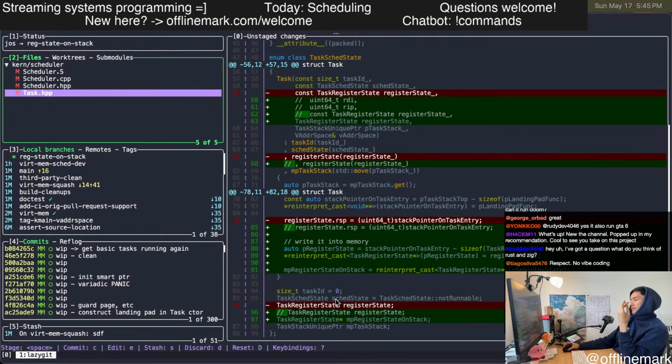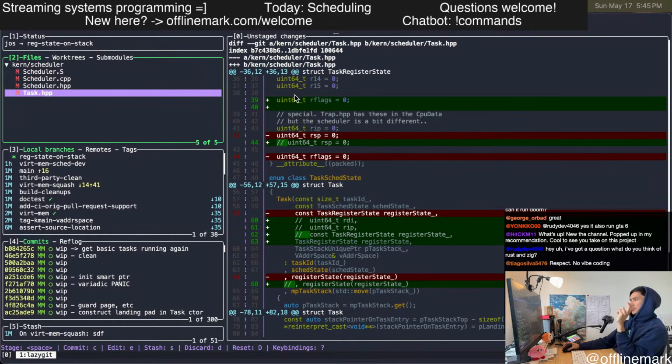We swap out the object layout. We're no longer storing the state, but we're storing a pointer to it on the stack. We write the register state into memory and then set this thing to point to it. We subtly tweak the struct layout of the task register state.